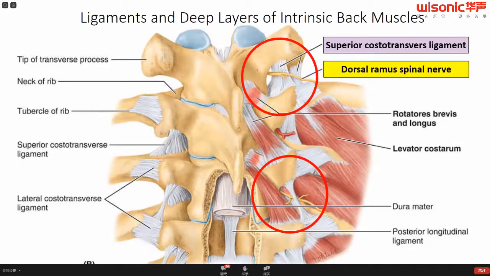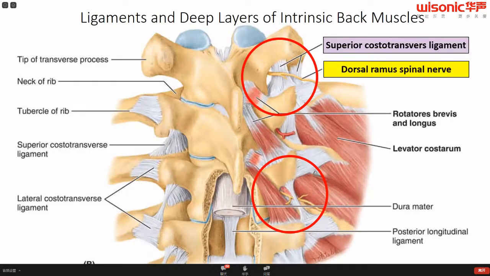Here, an anatomical picture when the erector spinae muscles are removed, and you look from the back, and you can see beyond the erector spinae muscle there are many deep layers of intrinsic back muscles, such as the rotatores brevis and longus, levator costarum. And you can see a lot of